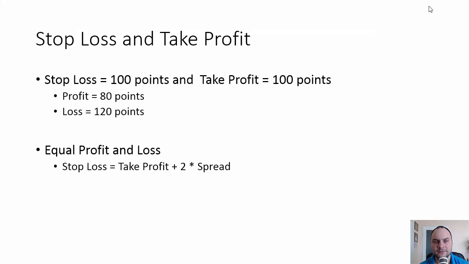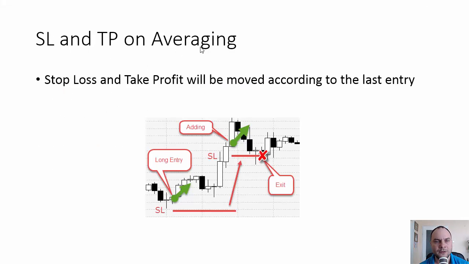Let's stop that. Let's see another case when we have averaging. For example, adding, we have an initial long entry here at that price, and stop loss set below the long entry. But later, if the program adds to the position, the program moves the stop loss according to the new entry. For example, if you have here 80 points distance to the stop loss, after the entry it will be moved